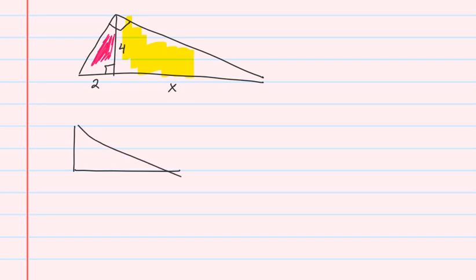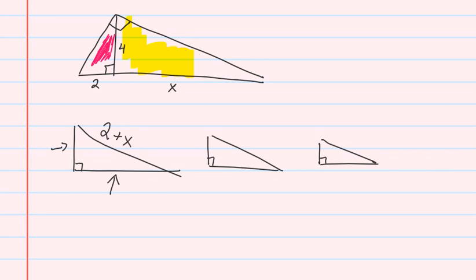This is my large, this is my medium, and this is my small. It's helpful to always put in the right angle and see which one's your smallest angle. According to my large triangle, I don't have this left side, and I don't have the hypotenuse quite. I don't have either leg, but I do have the hypotenuse in the form of 2 plus x